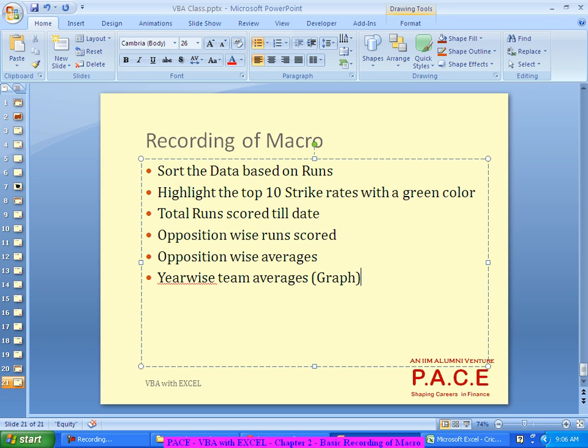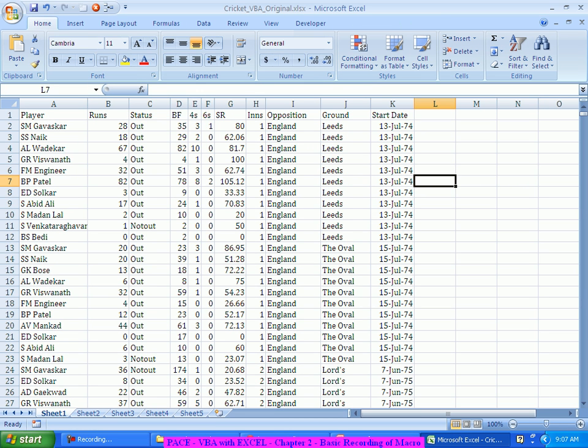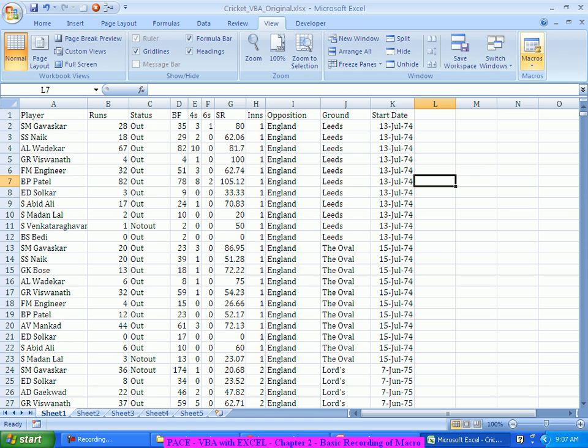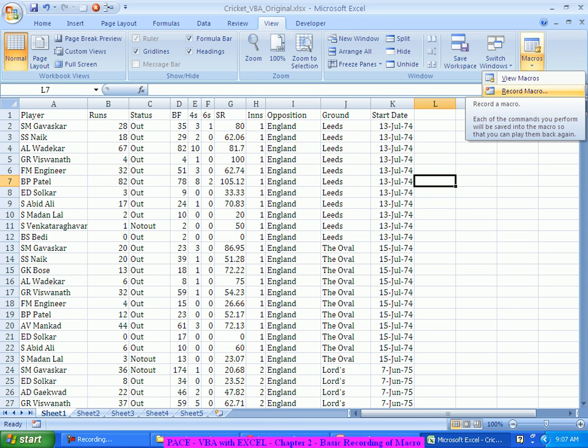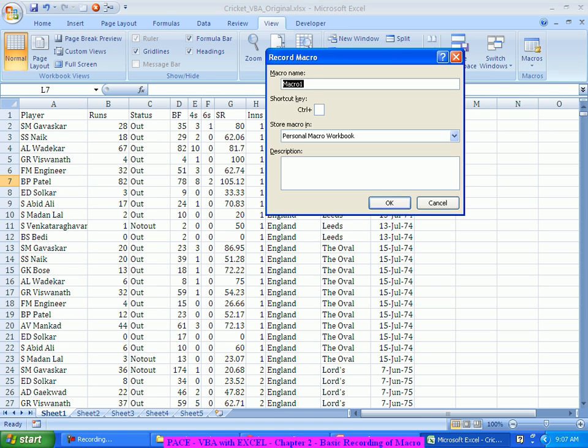So we are trying to do the same thing here, though it can be done in Excel very easily. We are doing it in Excel itself, but with the simple recording button on. That is what we are calling a macro. Now the way we will look at that is in the View tab. We have an element called Macros, and there I have Record Macro, which helps me record the entire stuff.